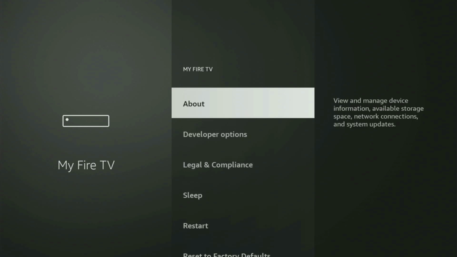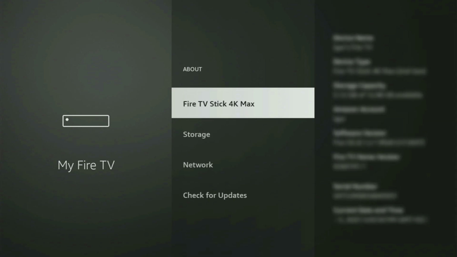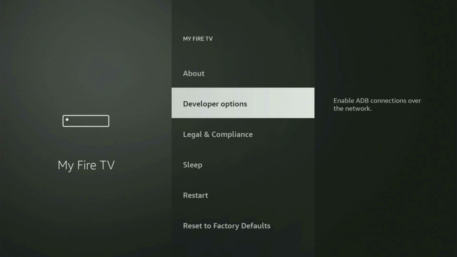You just have to go to About, select Fire TV Stick, and now you gotta start clicking on the middle button on your remote. And do it fast, so let's do it. As you can see, now for me at the bottom it says "No need, you are already a developer." That's in my case. In your case, it's going to say that you have become a developer now. So if you go back a bit, you will finally see developer options, which have popped out for us right